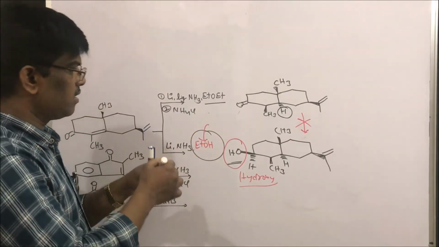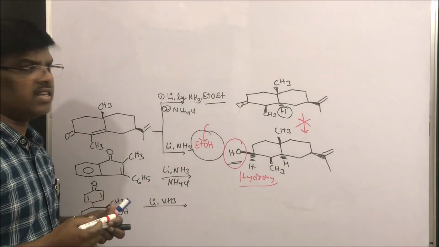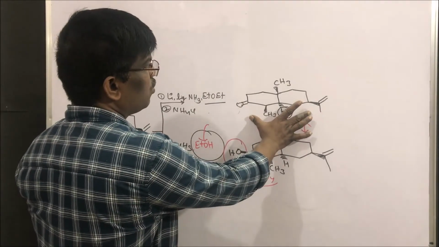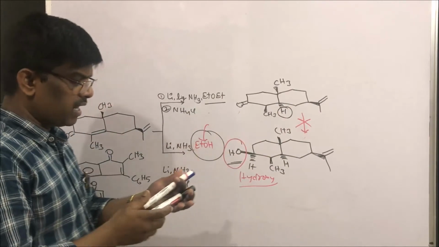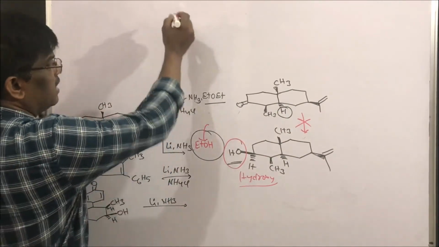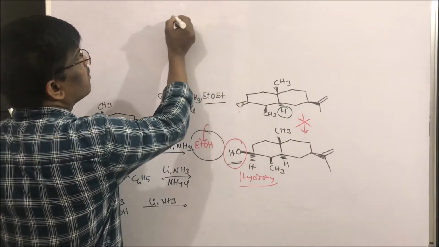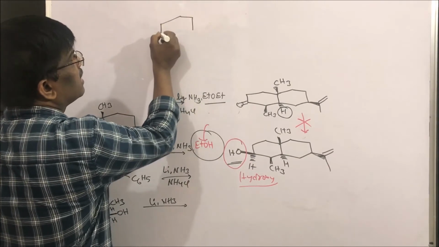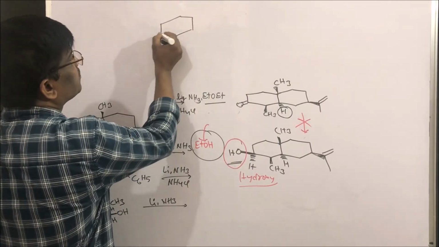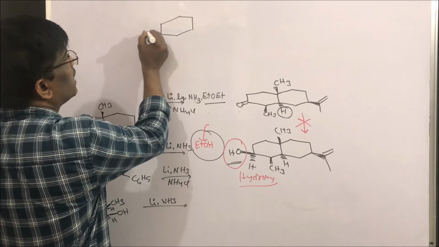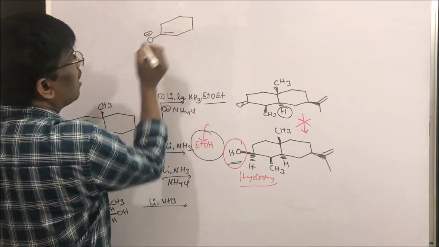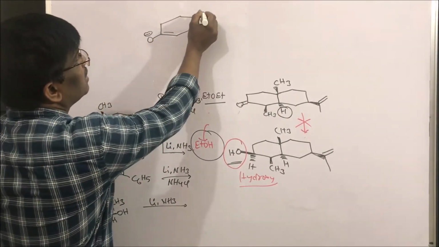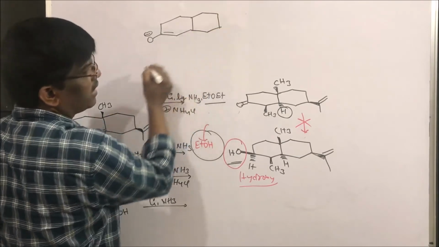Let us see the mechanism if you are interested. Yes, students. So up to here, this is no problem. So what happens during the reaction? So the intermediate, for example, what is the intermediate? Here I am going to get O minus, yes. So this is the intermediate I am going to get.